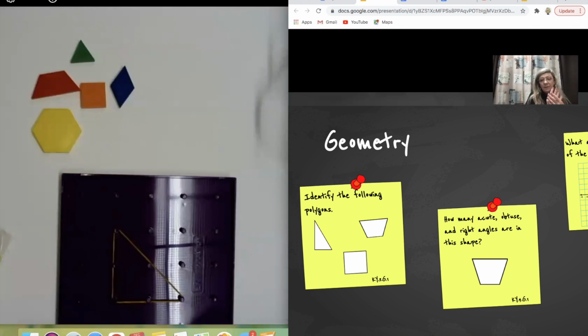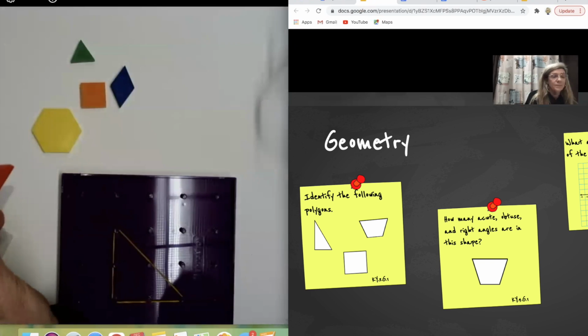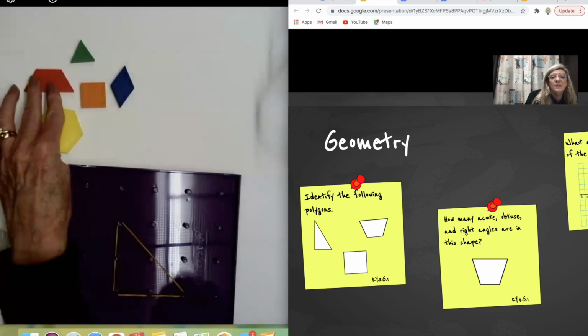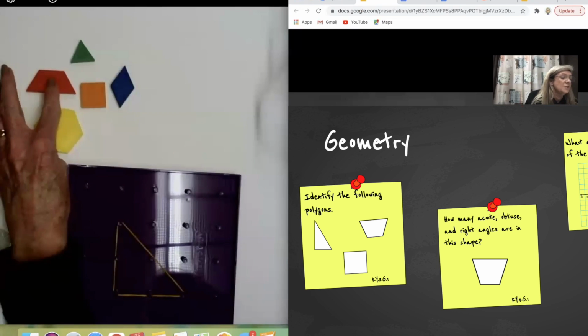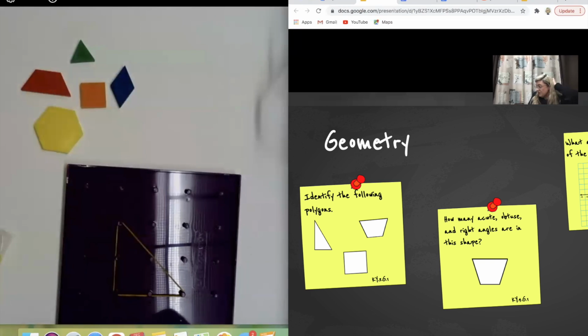And of course, we do have limits with that 3rd grade standard. It limits the classification of quadrilaterals to rectangles, squares, and rhombuses. So it leaves out the trapezoid, not for identification, but for classifying it as a quadrilateral. So that is one limitation that's been placed on that one.